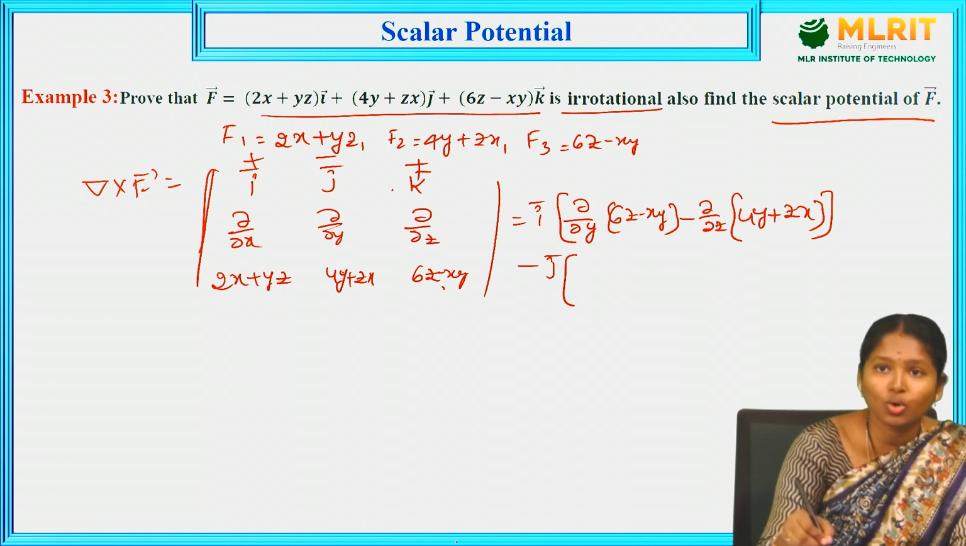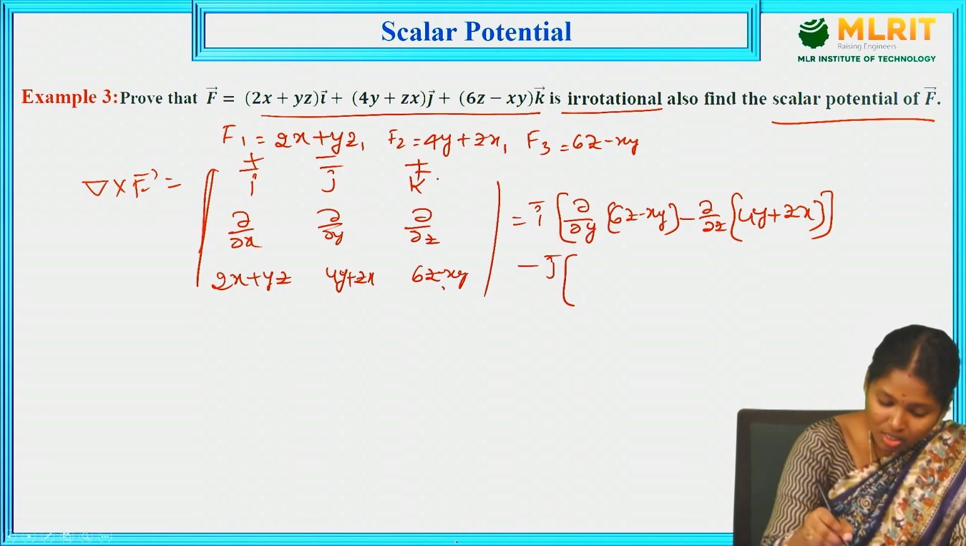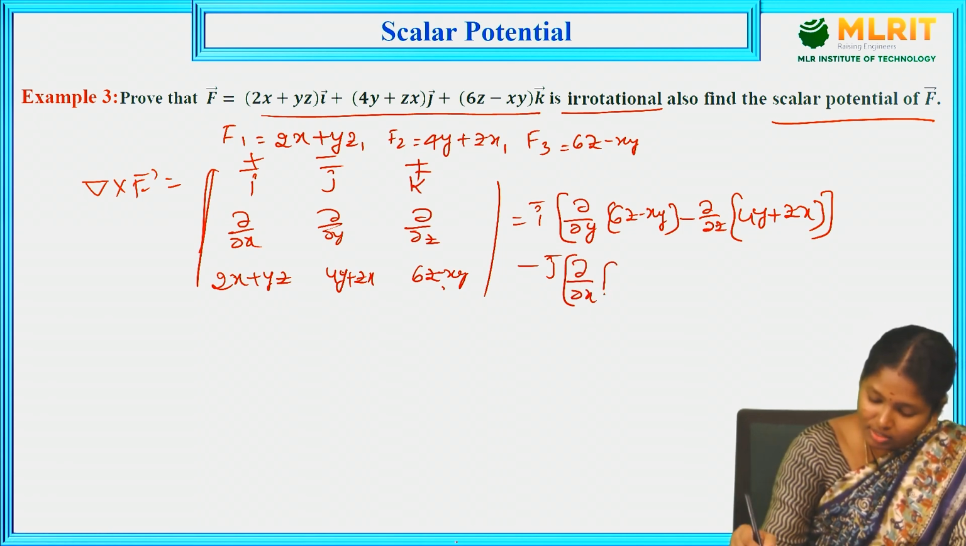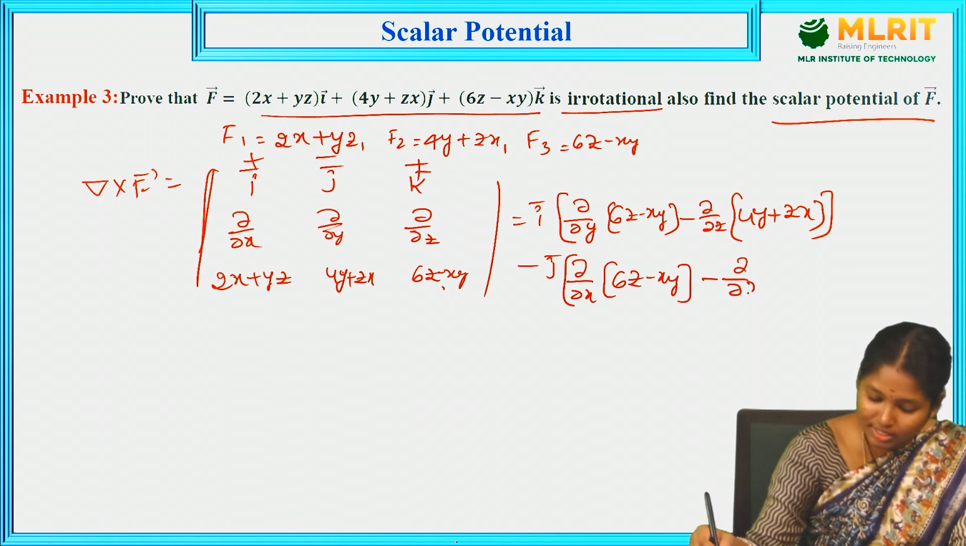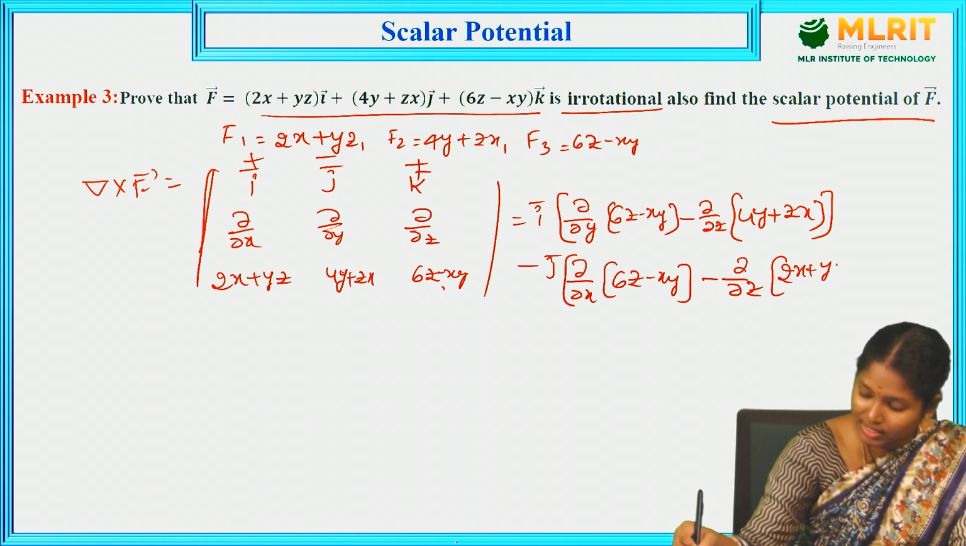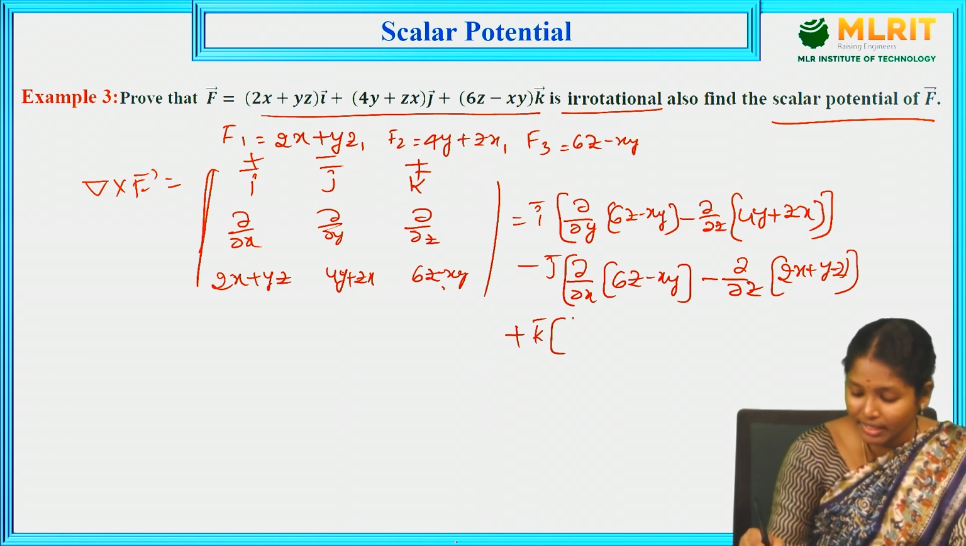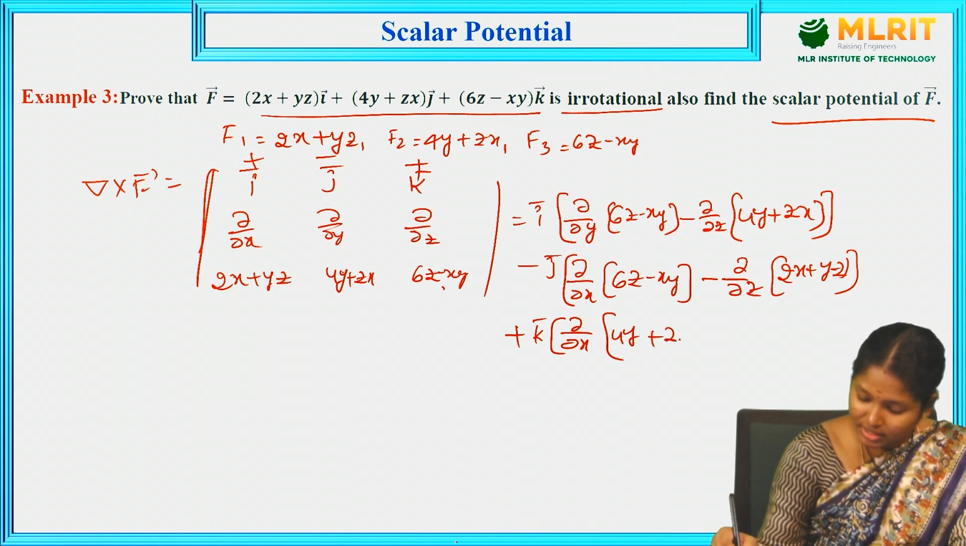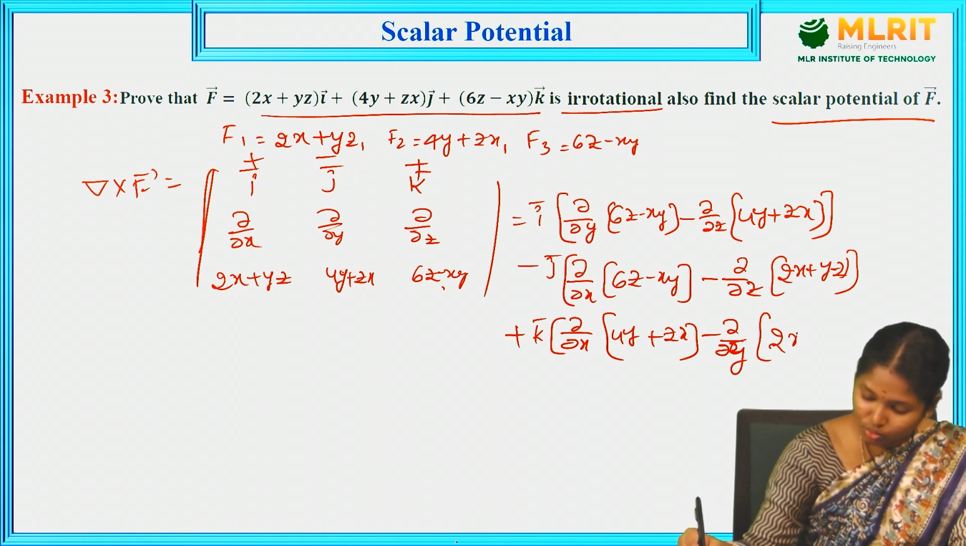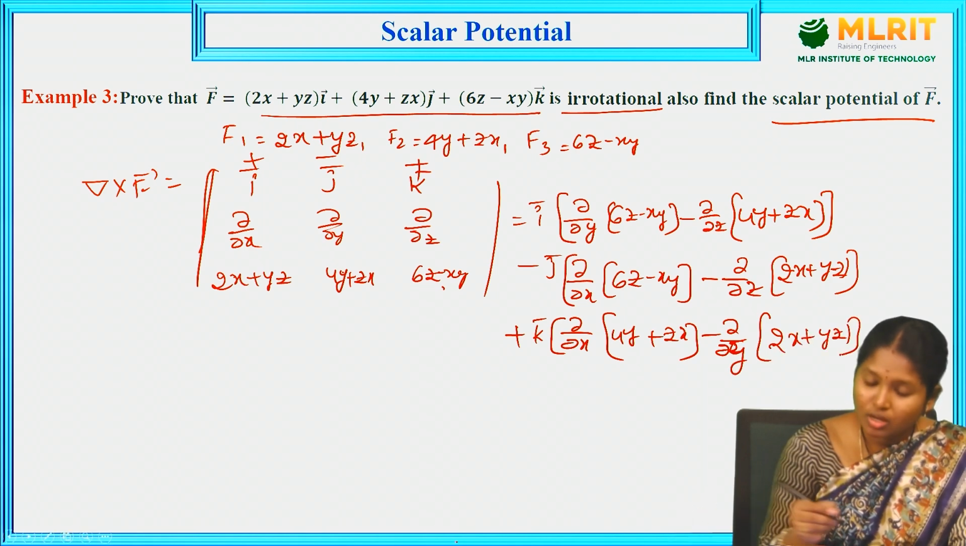So minus j bar. First row, second column will be eliminated. So dou by dou x of 6z minus xy, minus dou by dou z of 2x plus yz. Similarly plus k bar into, first row, third column will be eliminated. So dou by dou x of 4y plus zx minus dou by dou y of 2x plus yz. So we will get,